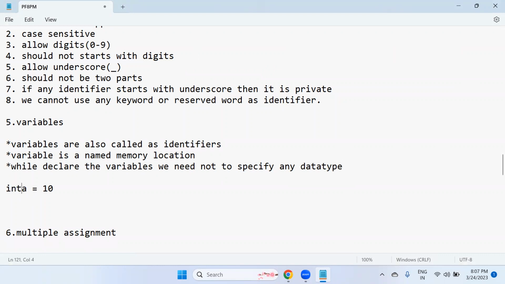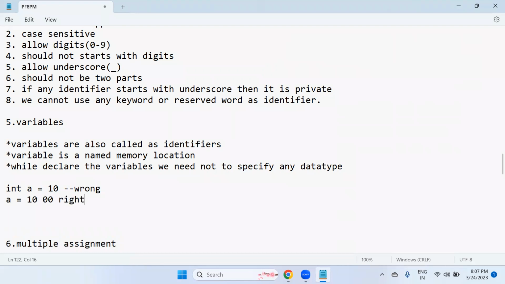If I say int a equals 10, not valid. a equals 10, this is right, valid. No need to specify any data type for this variable because Python is a dynamically typed programming language. So dynamic means runtime. At the time of program execution, based on the value, the data type will be decided internally. That you already know.